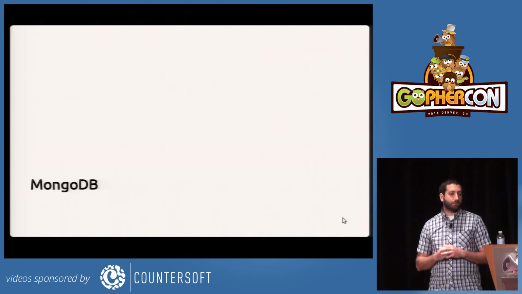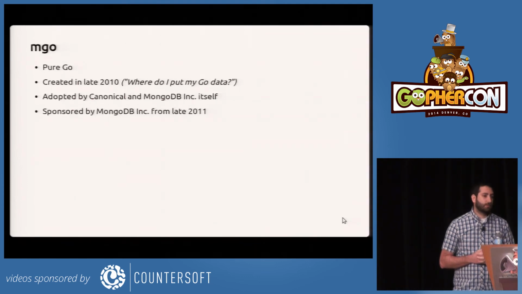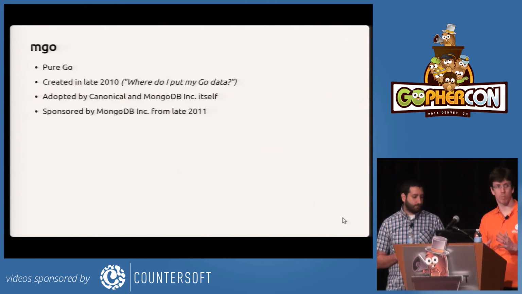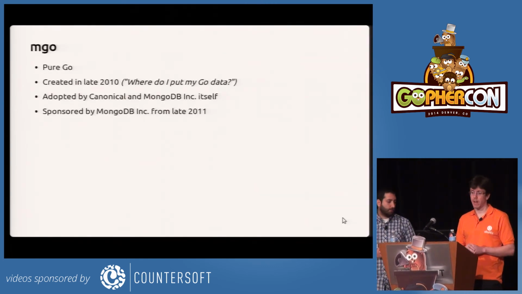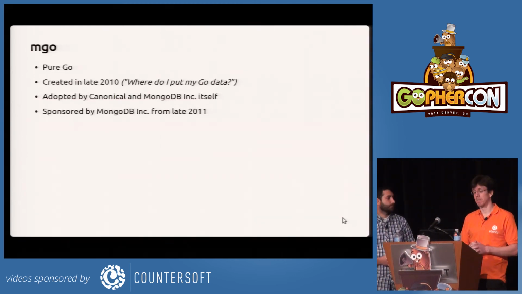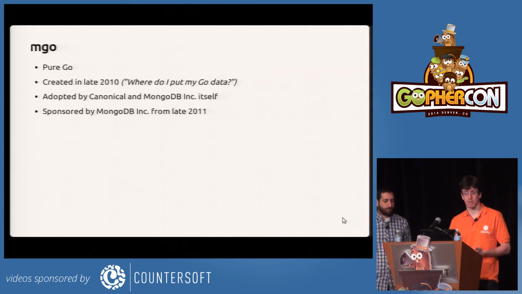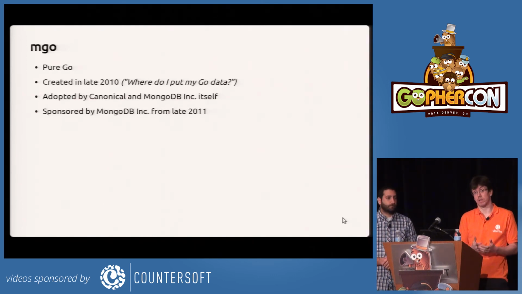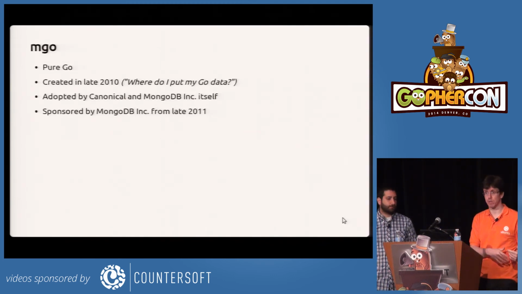MongoDB from Go is through the Mango driver, which Gustavo is the primary author of. So the story behind Mango was that I started writing in Go more seriously around mid-2010, and around that time I started wondering, where do I put my data? There were not a lot of options by then. The language was released at the end of 2009, so it was just a few months in the wild. And the first thing I did, as we do, was to try to implement my own thing. I started to create a